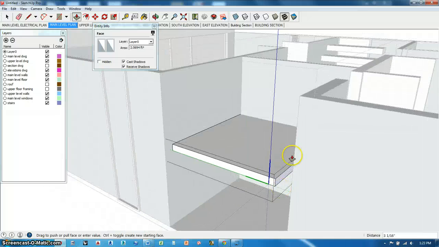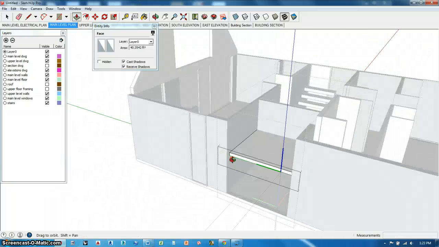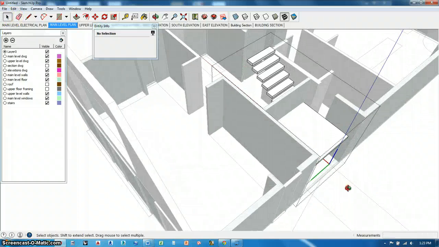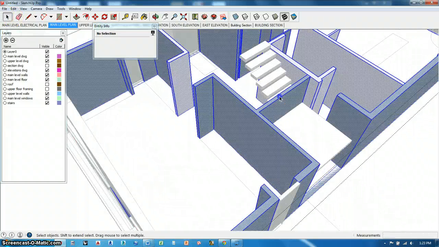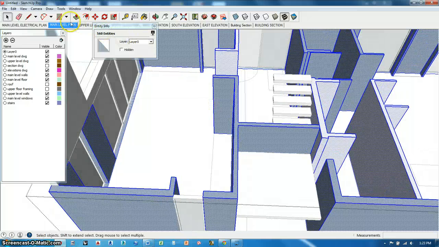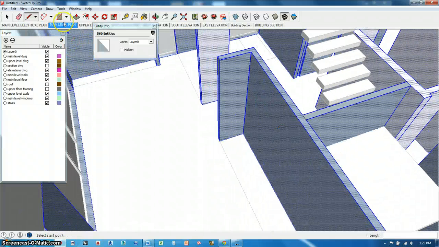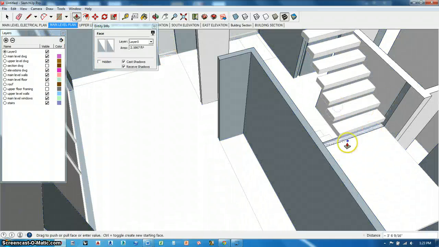And push pull that to there. And there we go. Stairs are in. Now I just got to change these walls, right? Because this is a little bit off. I'm going to need to do a line right here to make that a separate plane so that I can push pull this down